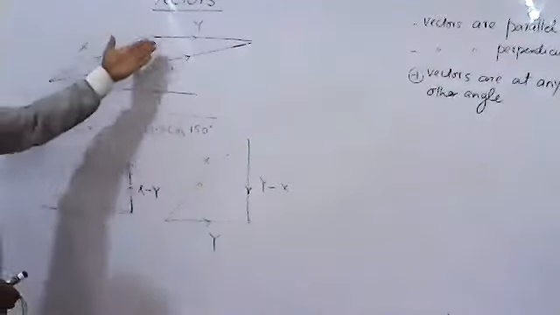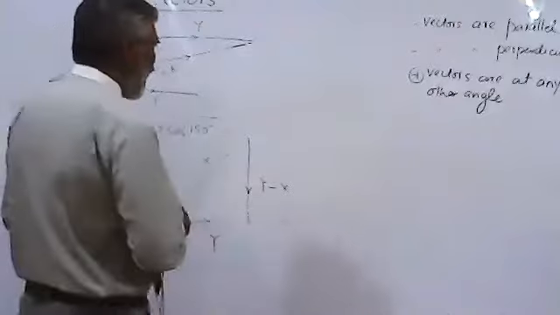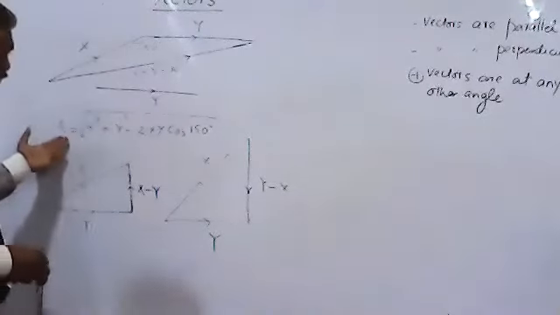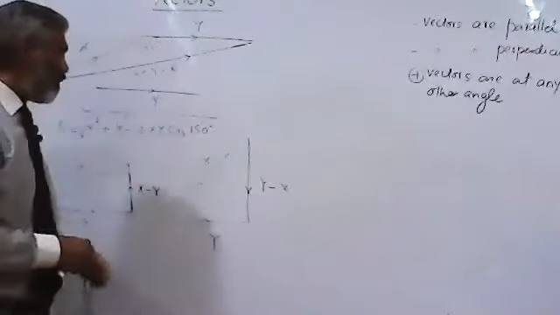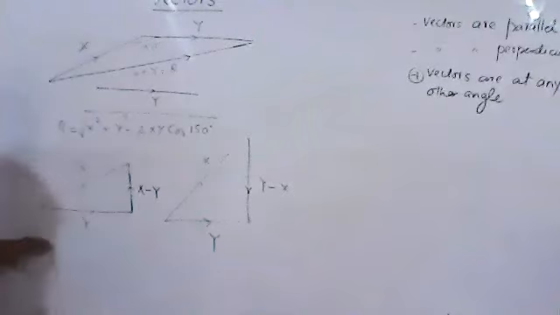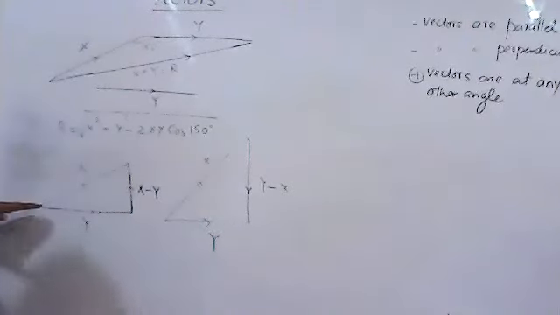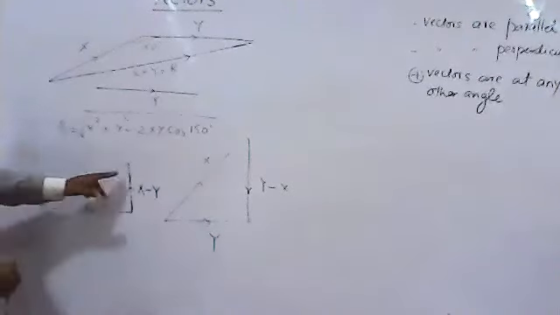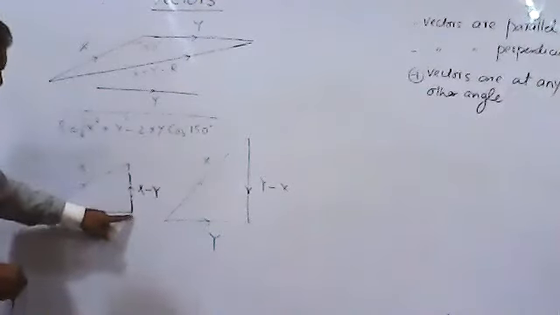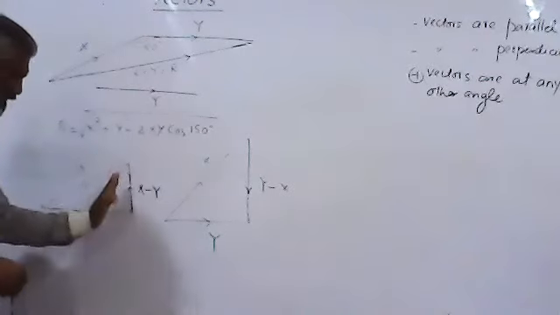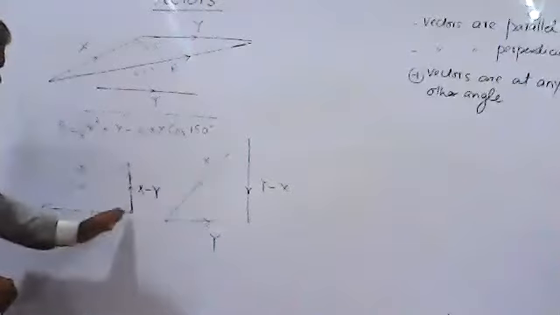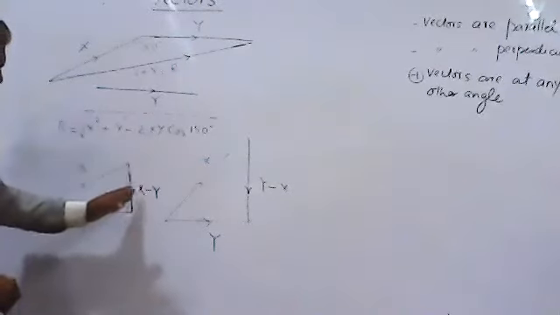In this situation, vectors are not parallel to each other, they're not perpendicular. So in this case, we find the resultant by applying the cosine rule. But what if we want to find the difference of these two same vectors? If these two vectors are joined at their tails and we draw a line which joins the head of one vector to the head of the other, and its direction is from y to x, then you see this is the direction and this vector is termed as x minus y,